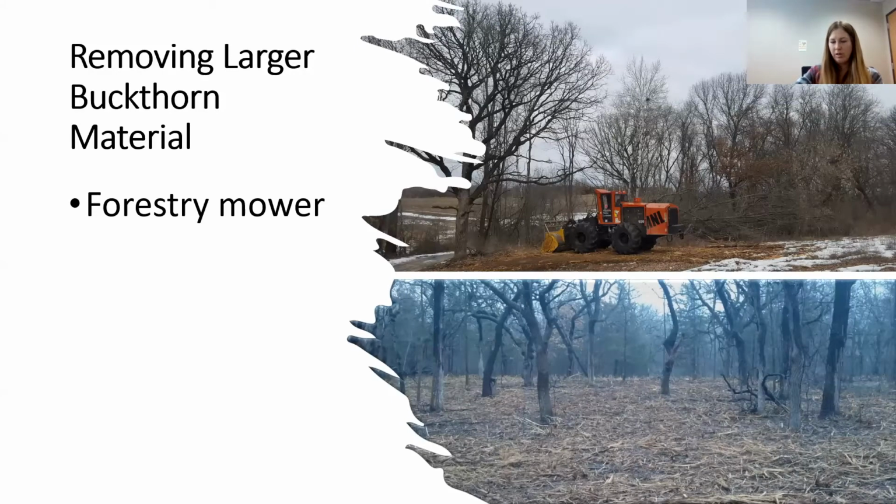So one, it shreds the stumps, which can actually impact the stump resprouts, because it opens the stumps up, opens the roots up to some air, and you often don't see the same kind of crown resprouts that you do from a flush cut stump. It's a little bit anecdotal, but I think it's definitely evident on some sites that you aren't seeing the same density of resprouts between forestry mowed sites and flush cut stump sites.